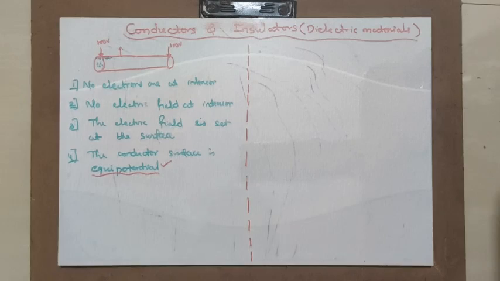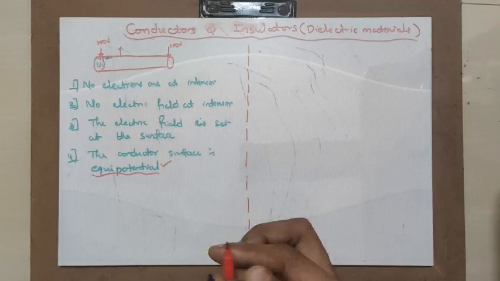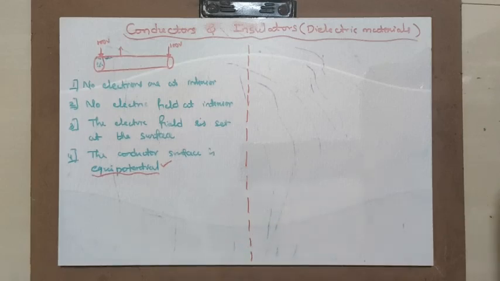Now let us go towards the insulators. What are insulators? See, insulators are simply non-conducting materials. They don't conduct current or electrons. Now, what is the use of insulators? See, insulators are mainly used for storing energy. If you elaborate the theory of insulators, obviously you will see that there will be a dipole moment present. Okay. What is the main point here?